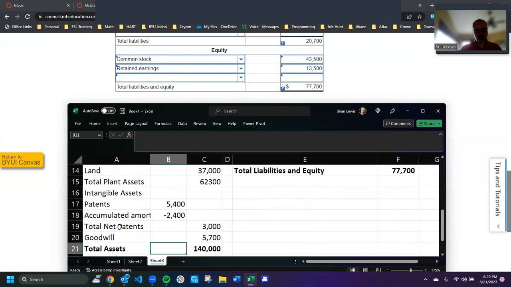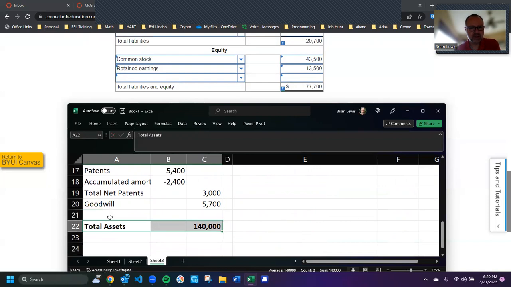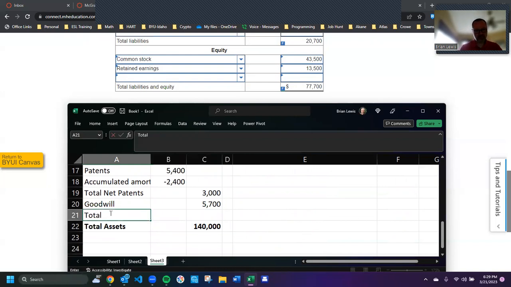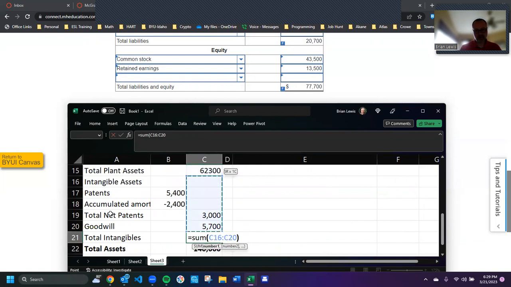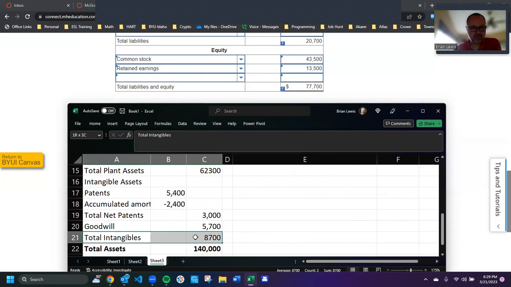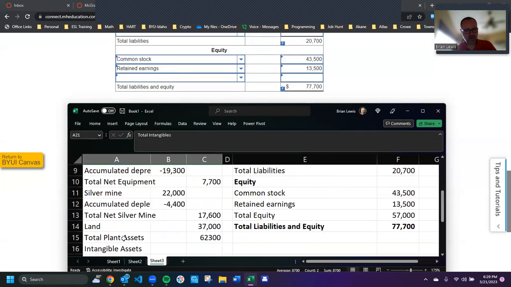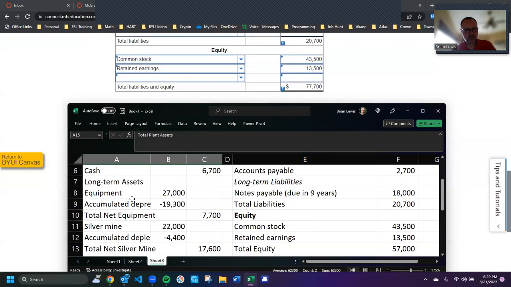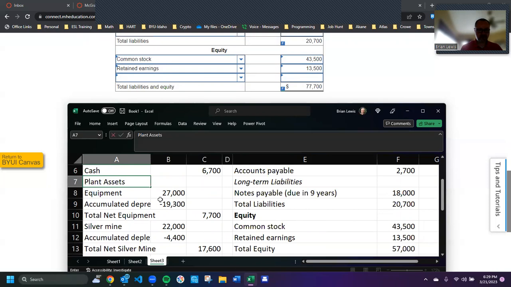And then you would also do a total here for total intangibles. Equals the sum of that. Okay, and you have to change this, but let me change it after. Just make this a bold as well. Total plant assets is a bold. This is called plant assets